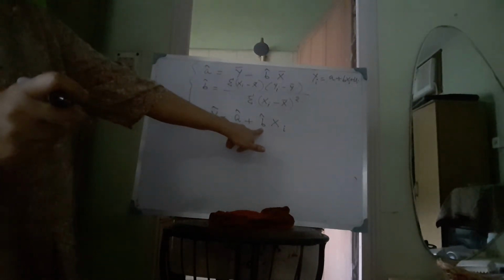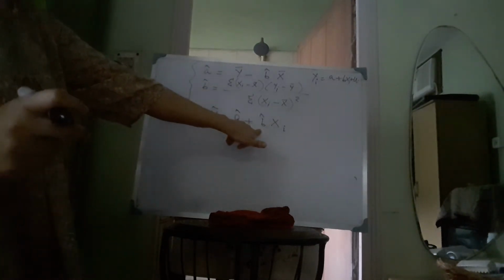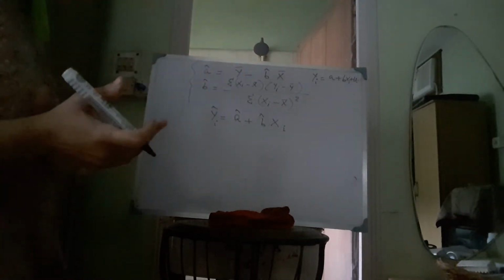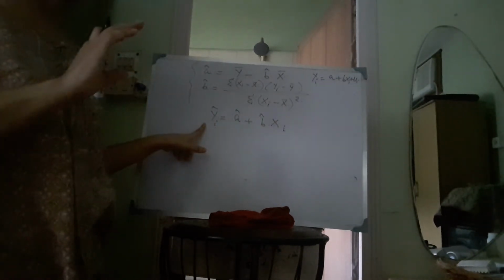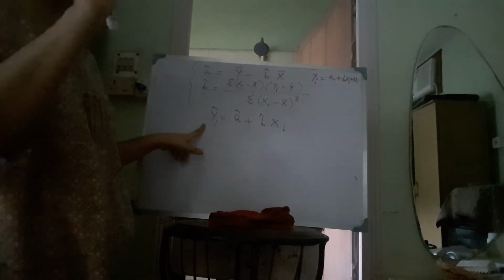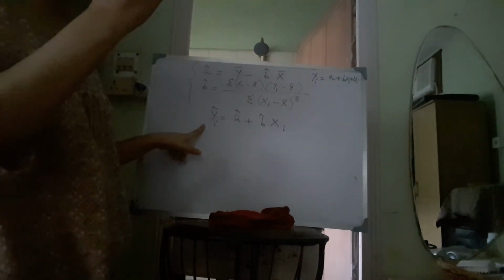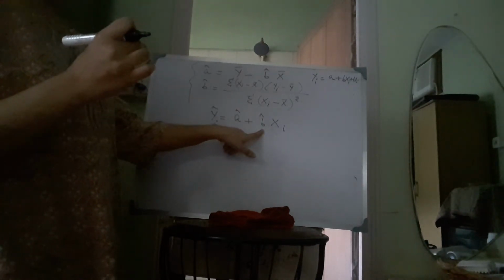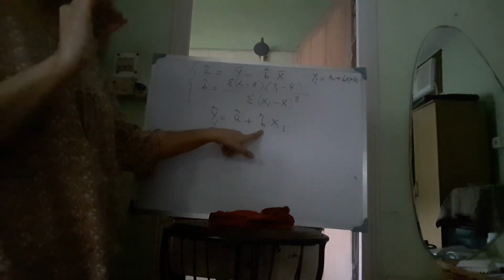So if it is negative, that means there is a negative effect of xi on yi, and if it is positive, that means there is a positive effect of xi. So if we consider the consumption function, for example, in that case, this is the income variable and this is the consumption variable. And from economic theory, from the Keynesian consumption function, we know that the relationship between consumption and income is positive. So if there is a change in income by 1 unit, there will be a positive change in consumption. So in that case, b hat is positive. Now b hat should always be less than 1, that we know from the theory of consumption.